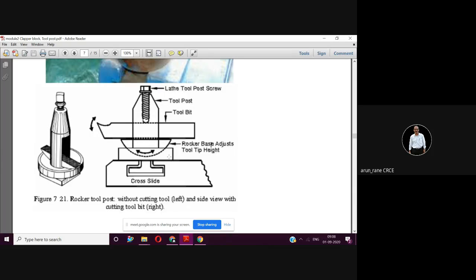You have a block here. So how many components are there? You have a block here. This block goes to the machine table. In the case of a lathe machine, this block is mounted on the cross slide. This is your cross slide, so on the cross slide, this block is mounted. On this block, you have this tool post or pillar. Then you have a ring, and on the ring you have a shape.